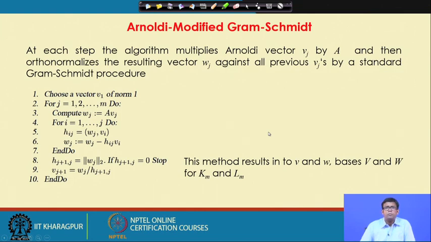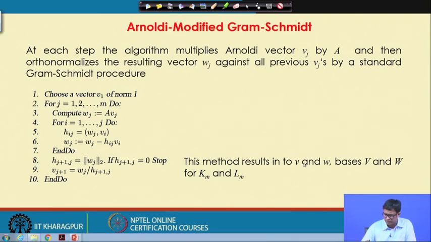And Arnoldi modified Gram-Schmidt is an algorithm through which we can get the basis vectors V, the basis vectors of the Krylov subspace. We can generate it through the Arnoldi modified Gram-Schmidt method, where you start with any vector V1